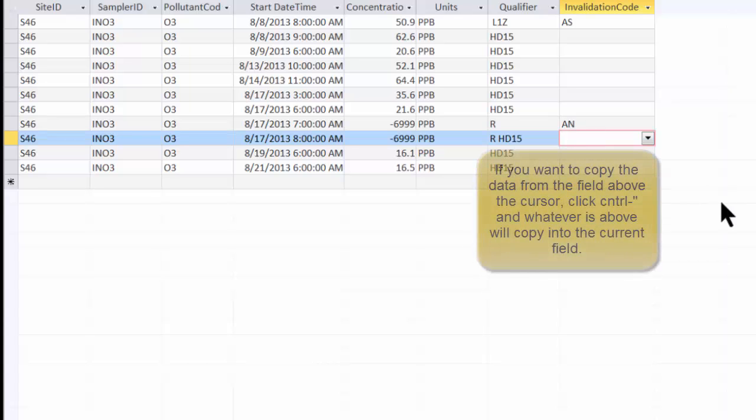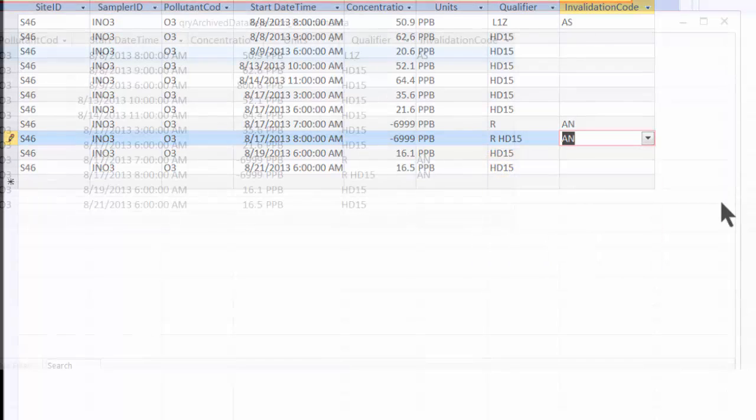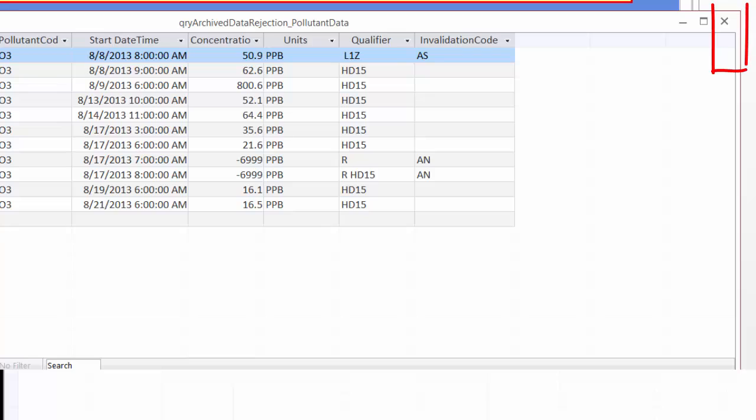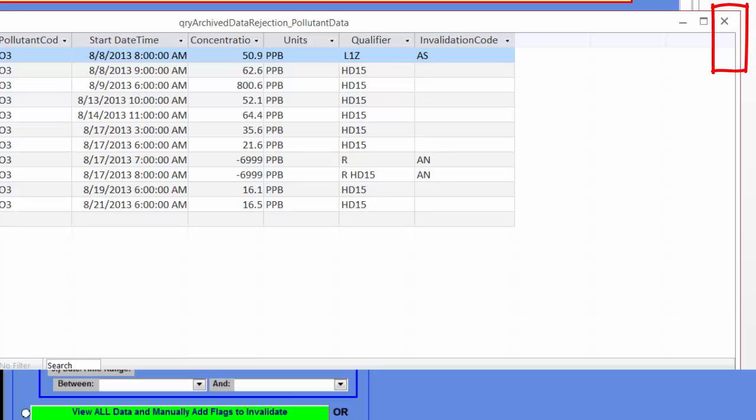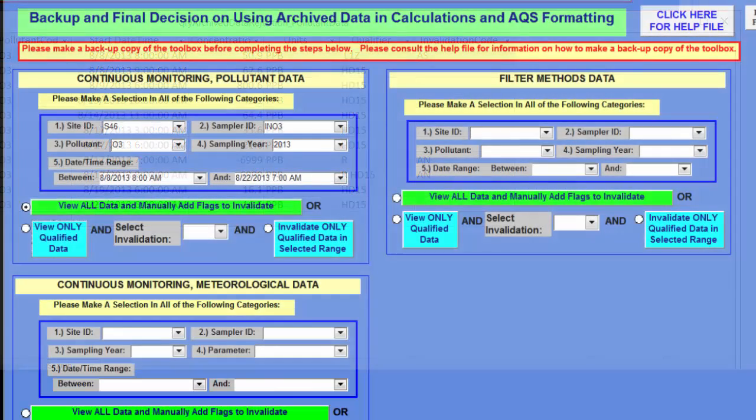So I'm going to press Control and apostrophe on my keyboard at the same time. And you'll see that that copied the value from the previous cell into this cell. So now both of those -6999 values have been flagged, and I can click on the lower X to close this query. And I'm going to put this form smaller since I want to go back to the reports and